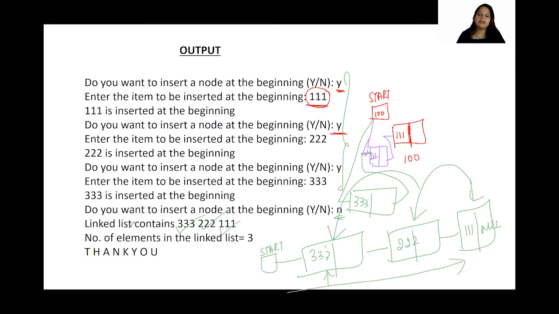Okay, and then we had called the function count, right? The number of elements in the linked list is how many? 1, 2, 3. Don't worry that I have not written the address over here. That is not important for you as of now. You need to print the data item correctly, because the address part might vary when you're doing it in the lab, from one system to another, but the data item has to be the same. It has to come in the same order, remember, okay?